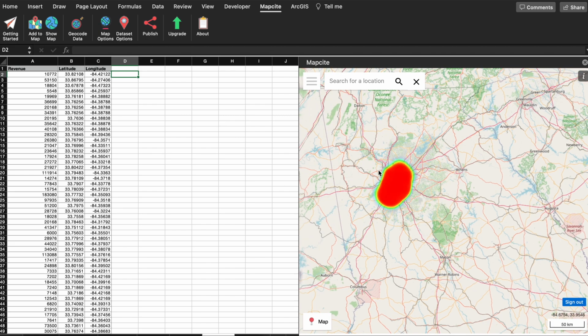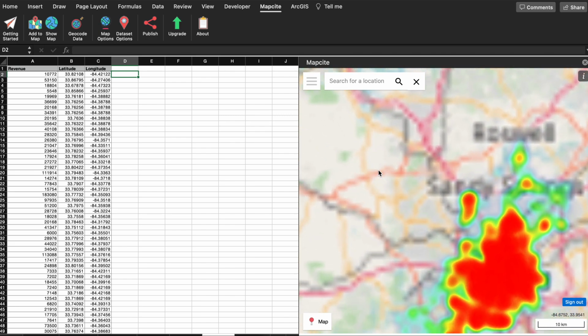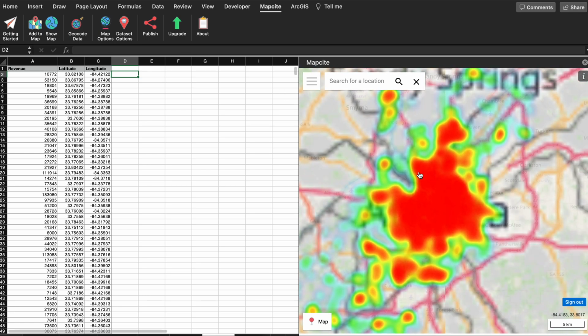Okay, so this is the heat map of all the revenue in this region of Atlanta.